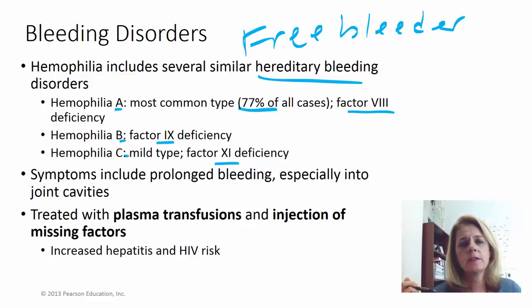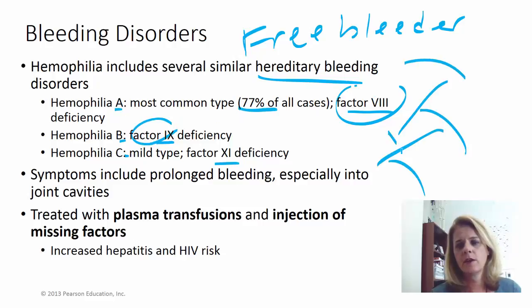They're just missing these genetically. Remember, DNA codes for proteins. You need these proteins, so somewhere in their genetic makeup they're missing the gene for making these particular factors, and because they're missing that factor, remember that cascade, somewhere along the cascade you've got a hiccup, and therefore your clotting is not going to occur. So people with hemophilia, if they cut themselves, are going to bleed a lot. They may have a lot of bruising, because you're bumping into things all the time and breaking small vessels. Where we would normally bruise, they just continue to bleed and form a big hematoma.